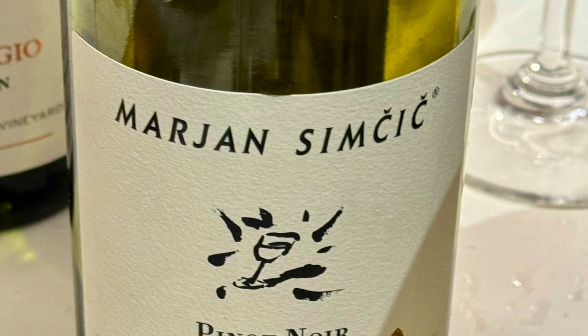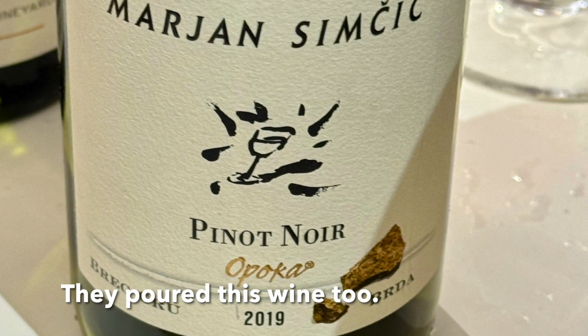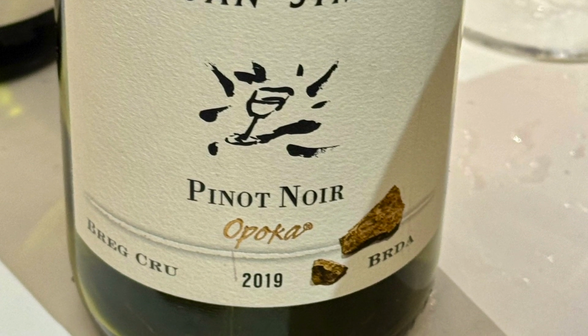This was an extraordinarily complex wine. It's somewhat rare for a white wine to include red fruit descriptors, but this wine definitely had red apple and raspberry. It's a wine that comes in at around 14% alcohol by volume and is well worth trying if you're looking for an interesting eclectic wine. This is a wine that I found selling in the UK for around £23 and in the United States for